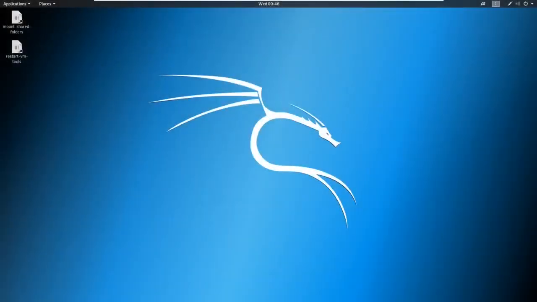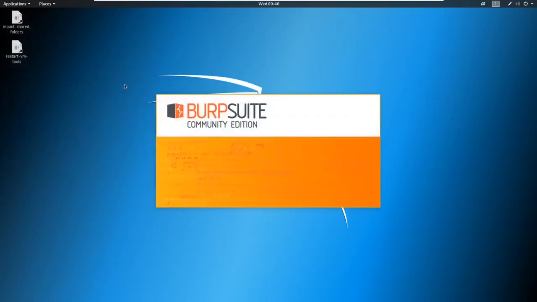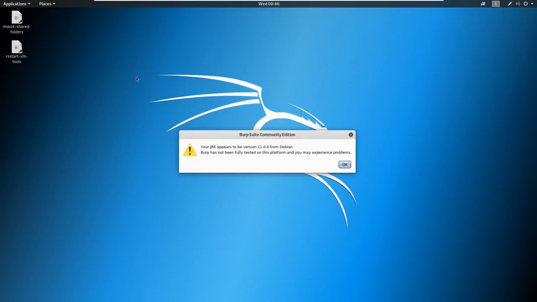Another useful tool when it comes to web applications is a tool called Burp Suite. Now, let's go ahead and open up Burp Suite. So we're going to go up to the applications, and in your favorites should exist Burp Suite here. Now, Burp Suite is what we call a web proxy. A web proxy means that it has the capability of intercepting traffic for us, and we're going to see